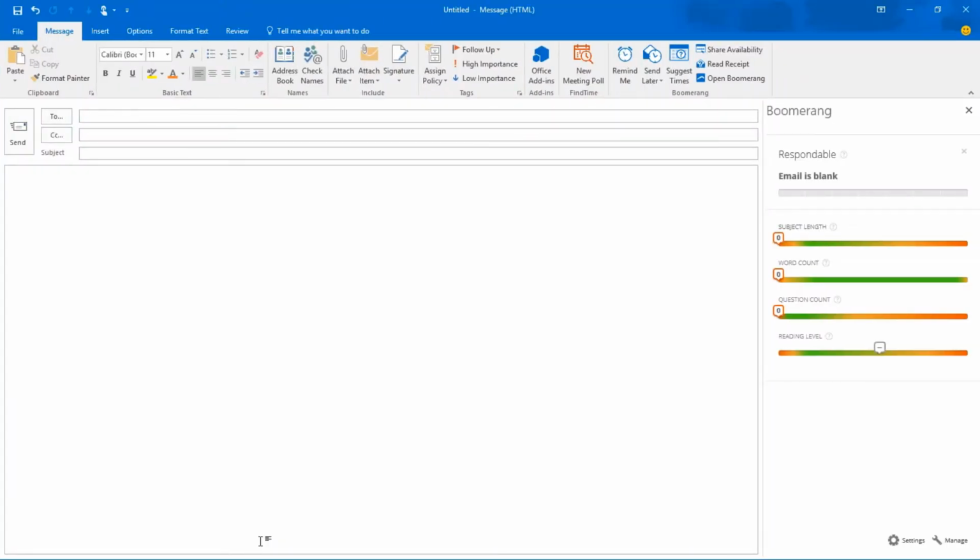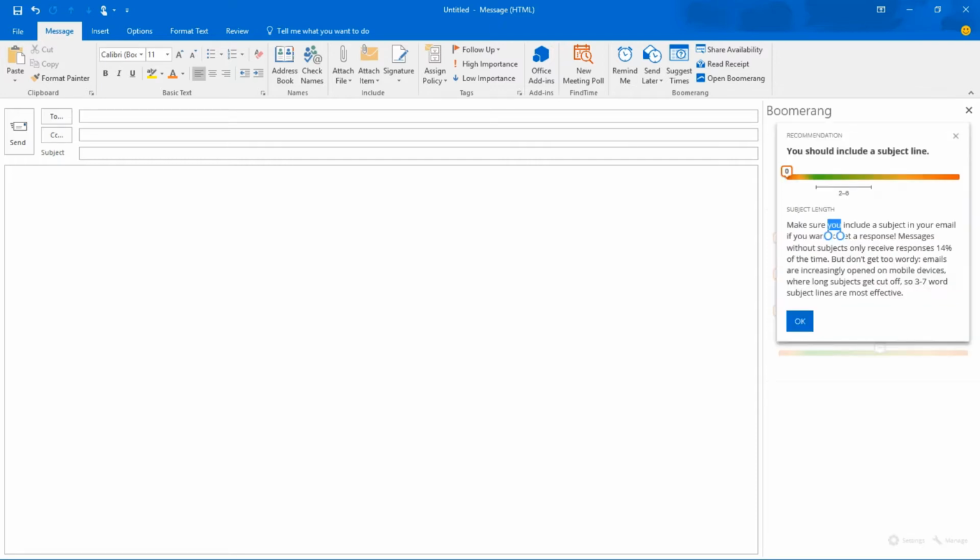Here is a common day AI service that can help us craft better messages that are more likely to get a response from their receivers. Learning from a combination of machine learning techniques, this AI assisted service has identified a set of factors, listed here on the right, that contribute to an email's probability of garnering a response from its receivers. The first factor listed is the subject length, and based upon the learning from a lot of data, it is recommended that 3 to 7 words in the subject line are the best bet to actually receive a response.